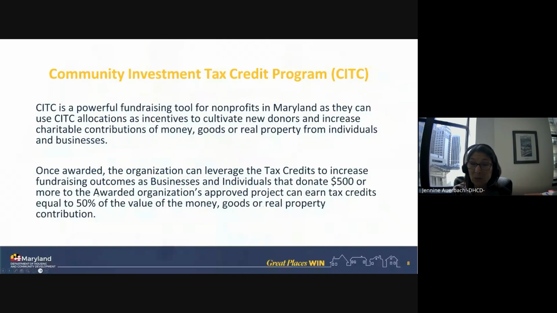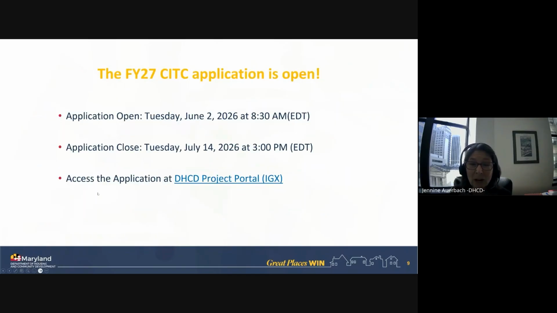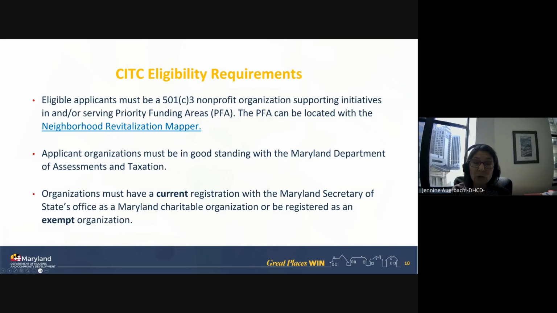Organizations compete for these allocations through an annual application process, which is open now, and successful applicants may receive up to $100,000 in tax credits to support projects and programs that advance community revitalization, economic development, and neighborhood improvement goals.